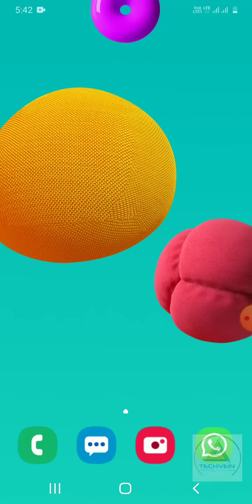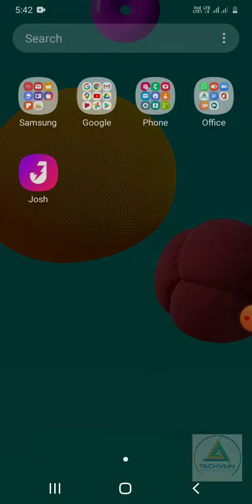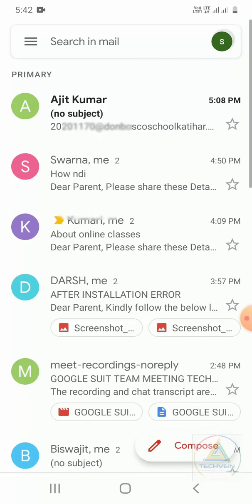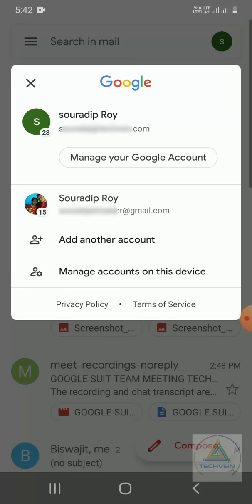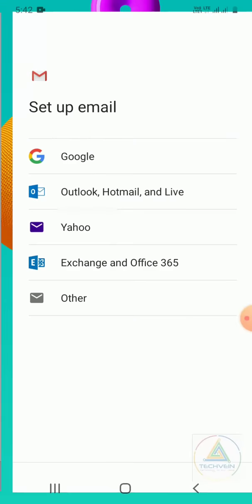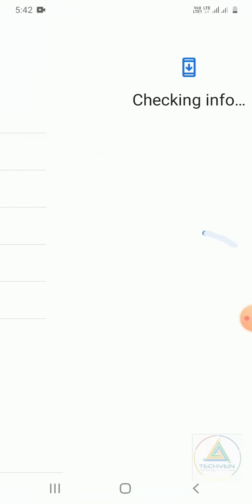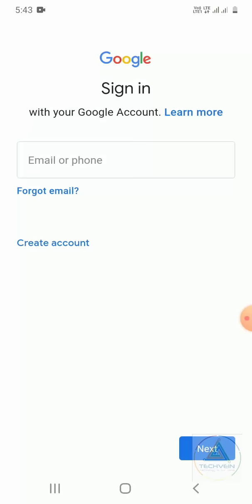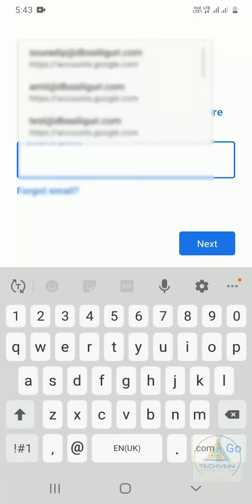Welcome all. To allow two-step verification, you have to first go to Gmail, add your mail account over here, provide your password or the pattern or the finger sensing, write your email ID,